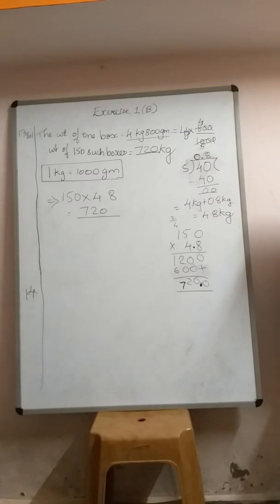The distance between two places A and B is 3 km 760 meter. A boy travels A to B and B to A every day. How much distance does he travel in 8 days? So did you understand this question? One boy travels A to B and B to A. And what is the distance given here? Distance given is how much? 3 km and 760 meter. So let us solve. Now 14th solution.